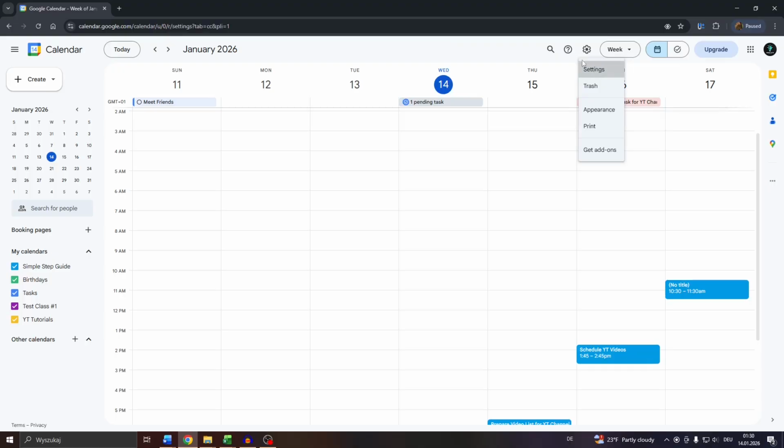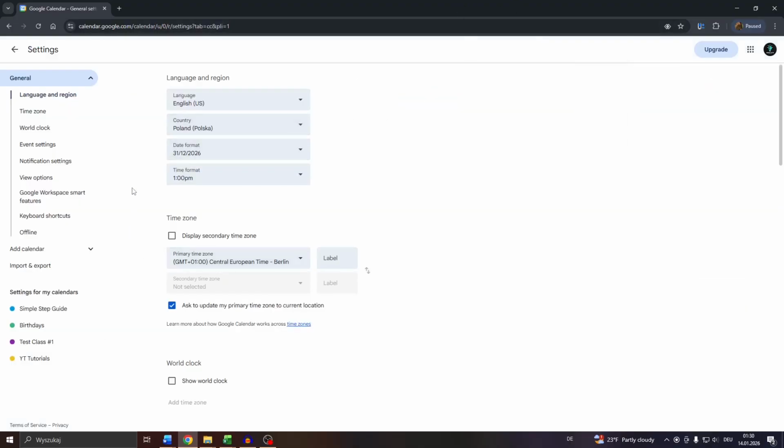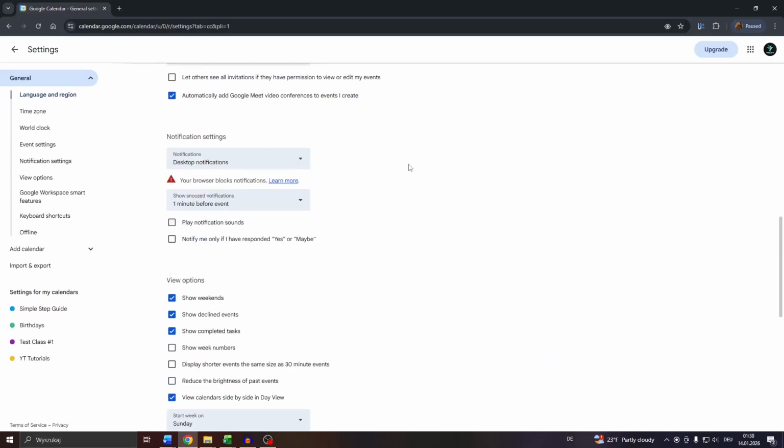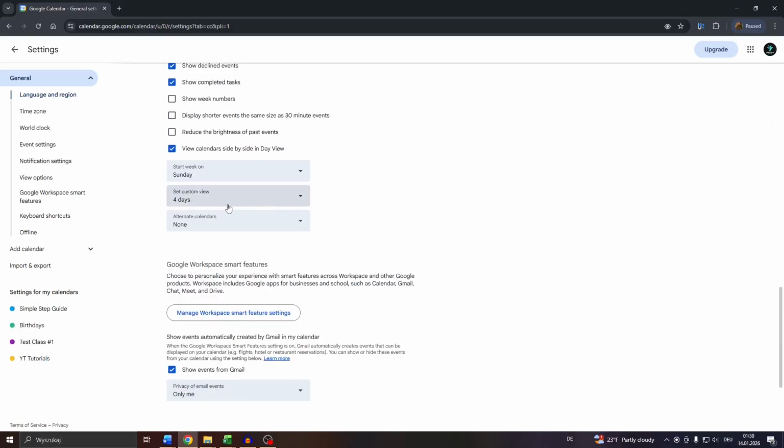Select settings, and here to the left what you want to do is expand this tab, general, and after that keep scrolling down till you get to the start a week on feature. And below you will see that small drop-down menu, alternate calendars, which is set to none by default,